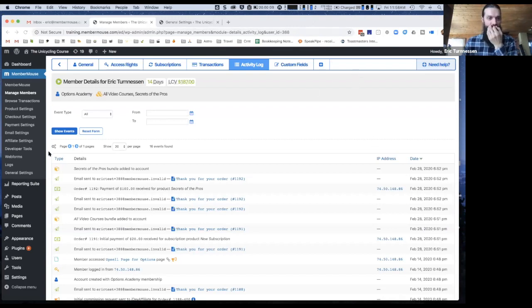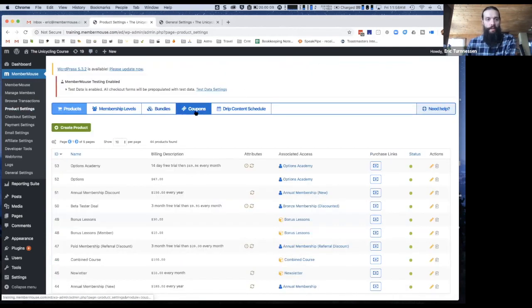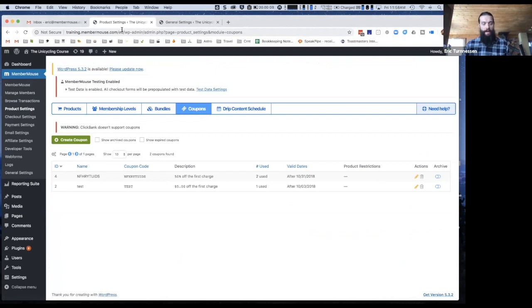Can we generate a letter for members to be put into a membership pack and print this? Is there an option for templates like this? The answer is yes. So what I would say would be the best thing to do here is to use coupons. So what you could do is say that,